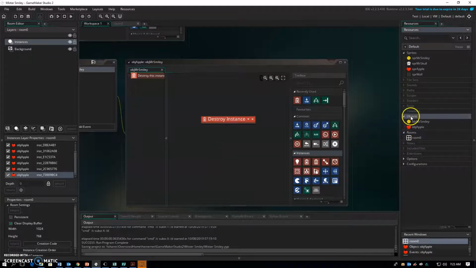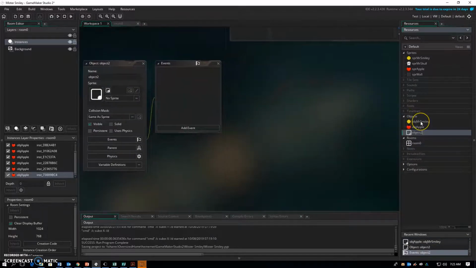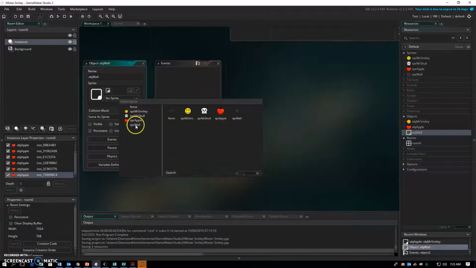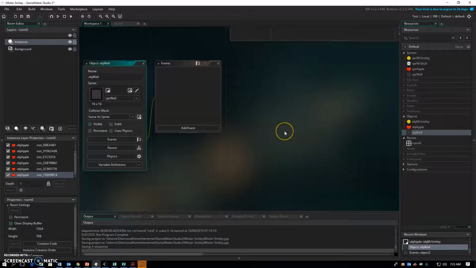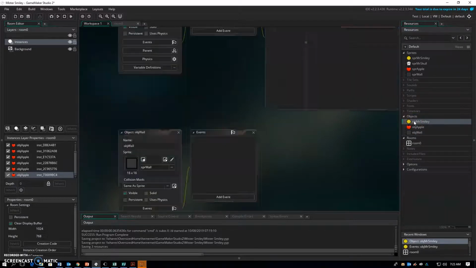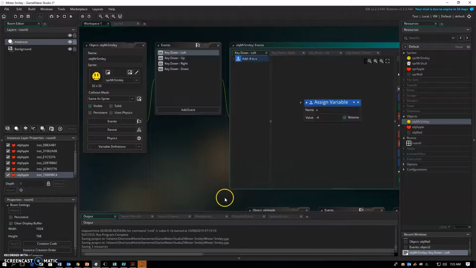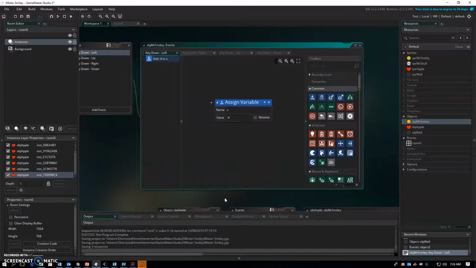Okay, so we need a wall object first, obj wall, and then of course we need to select the wall sprite, and then we're actually done with the wall for now, because we're going to go back to Mr. Smiley's object. Quick way to do that, double click on it and go back here, and what we're going to do is I'm going to go back to the key down left event,